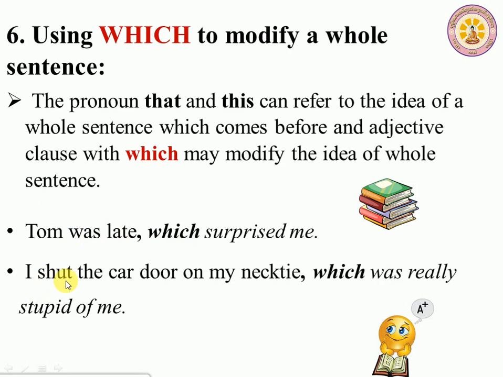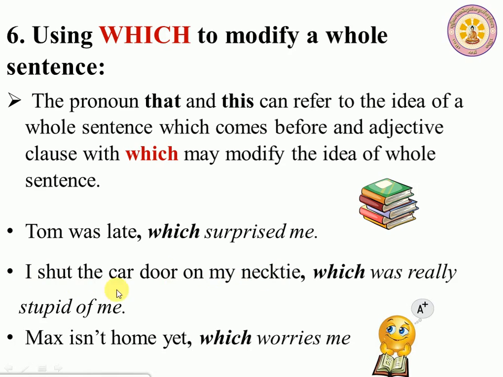One more: I shut the car door on my necktie, which was really stupid of me. So "which was really stupid of me" is the relative clause that adds more meaning to the whole sentence here. What was really stupid of me is the way I shut the car door on my